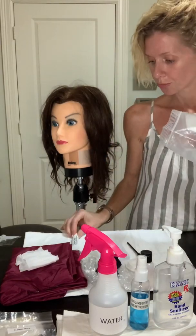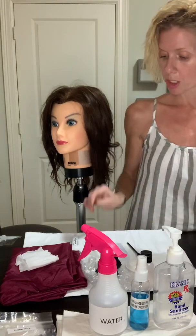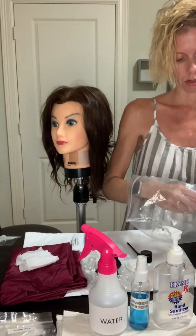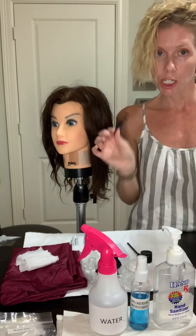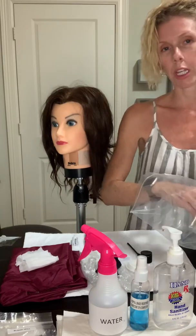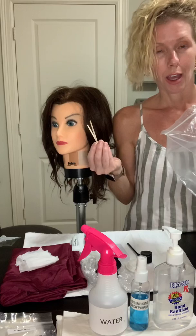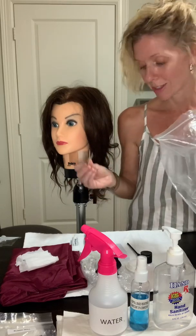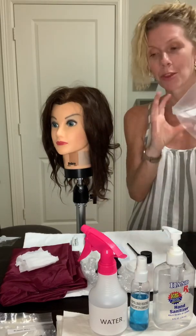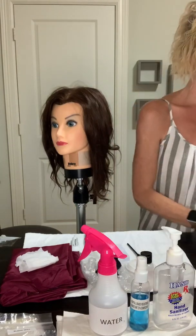eyelash glue, adhesive, tweezers, eyelash applicator, and a couple of wooden pushers, and then throw my bag away. Sanitize my hands. And step 1